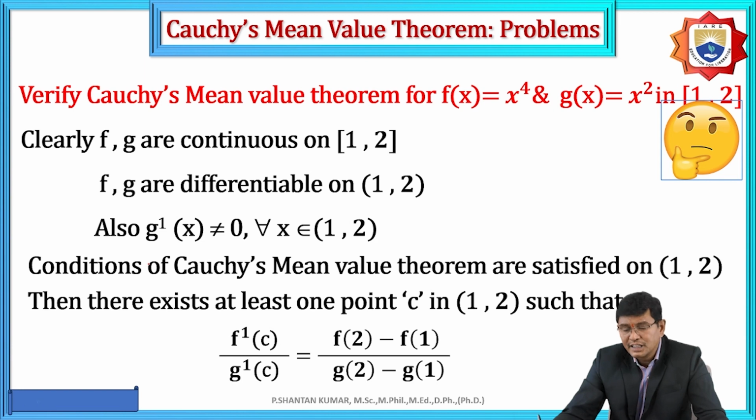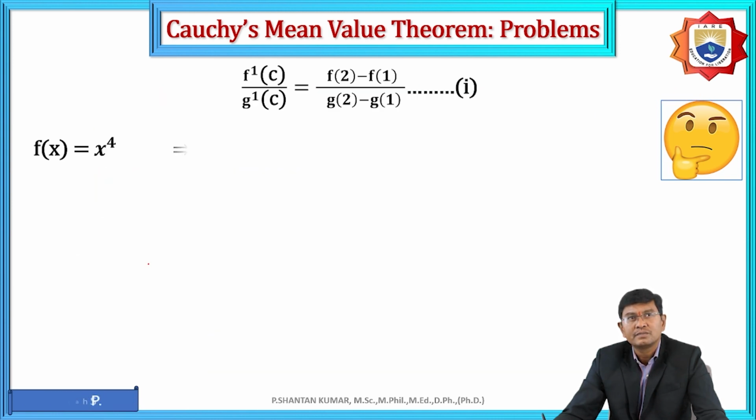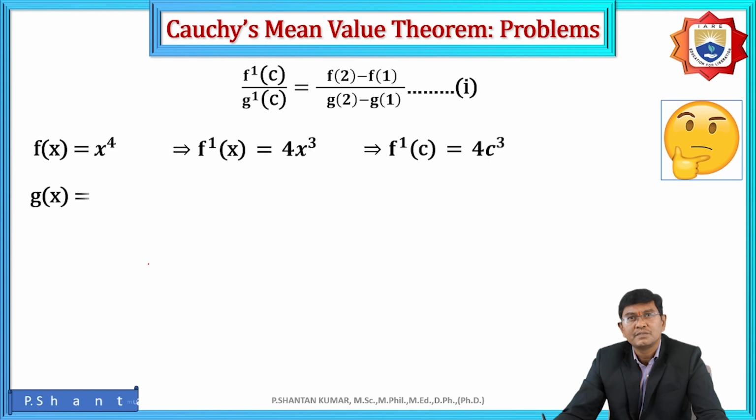That means here a is the one given point and b is equal to 2 is a point. Therefore, f dash of c. This is simple. f dash of x is nothing but 4x cube, and g dash of x is nothing but 2x. Therefore the function is 4c cube over 2c, and here